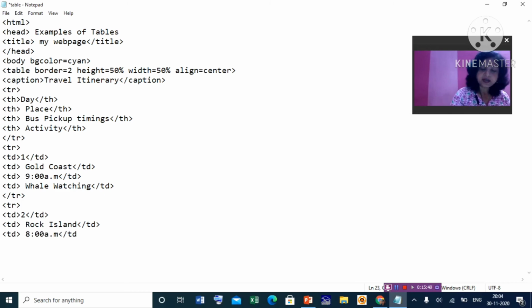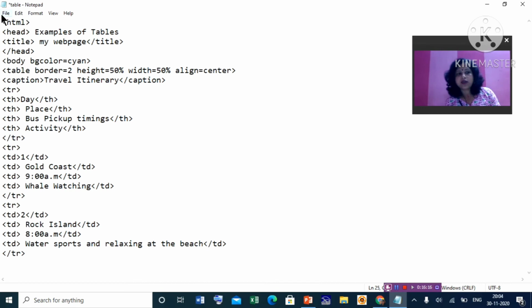TD and TR must be closed. Next TD closed. So this way, now close this TR. Another row added. You see how the row is added?